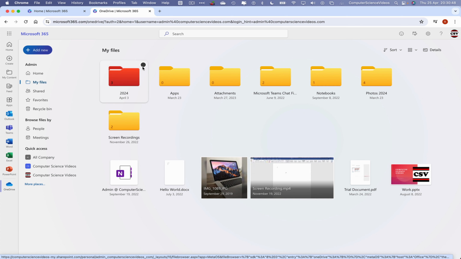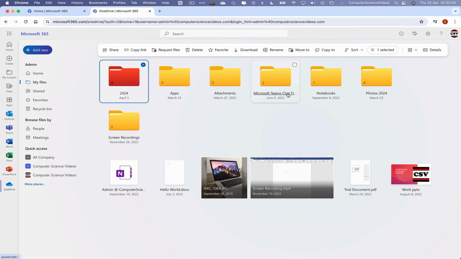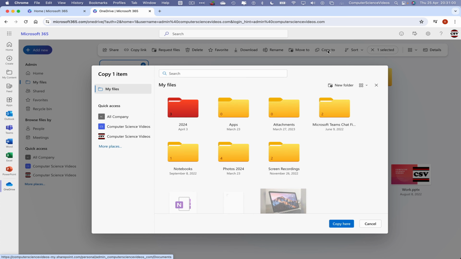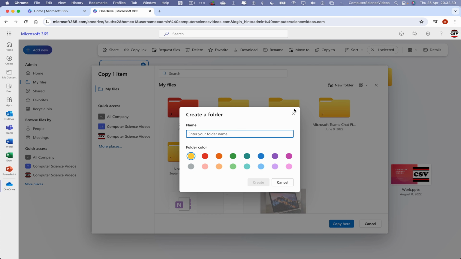So right click the top, and now to duplicate this folder, what we can do is go to the top and click on Copy To. It should now open up a new window within the web browser. Let's now create a brand new folder, and let's call this folder 2024-2. Keep it the same color, click on Create,